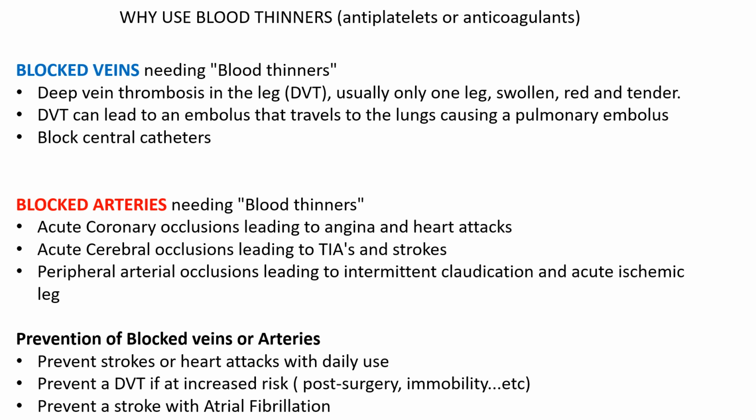It beats very, very irregularly. And when that happens, the chamber in the heart, in particular the left atrium, because it's not contracting regularly, it can form clots because of the very abnormal and unpredictable contractions. The blood doesn't flow well, and you form a clot, and that clot in the left atrium can then travel